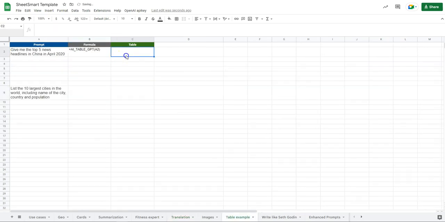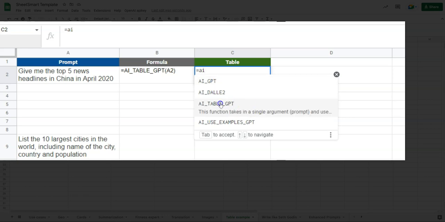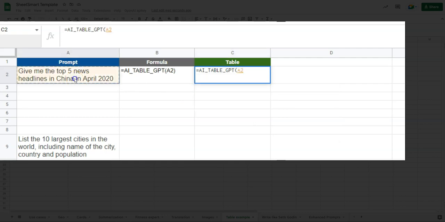In this example, if I type equal AI, you see that we have 4 types of formulas. We covered already AI GPT, and in here we're going to use the table 1. And I say I want this for the A2. So it's very simple. Give me the top 5 news lines in China in April 2020. I click OK,